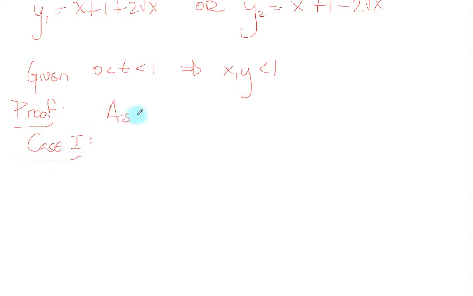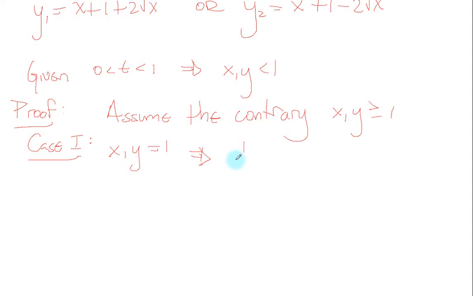Assume the contrary. So we're going to prove by contradiction. And that means that x, y is greater than or equal to 1. Case 1 is that x and y are equal to 1. If this is true, then by the equation we have 1 over t plus 1 over 1 minus t equal to 1. But t being trapped between 0 and 1, this means what? That t is greater than 1, and